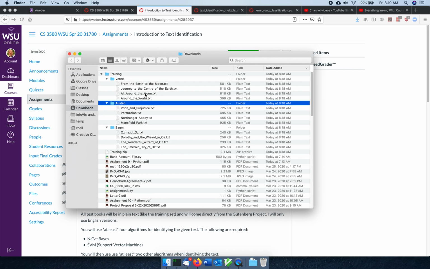And so what we're going to do is see if we can train the computer to recognize Verne's works from his 4 books, Austen's from hers, and Baum's from 4 of these. Each of them wrote many other books. So we read those 4 in, and say these are Verne's, these 4 are Austen's, these 4 are Baum's. Then we ask the question: if I give you another book,